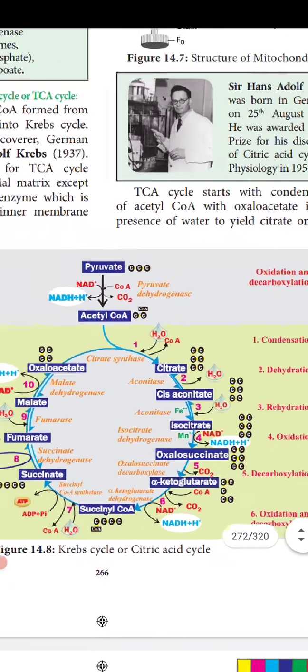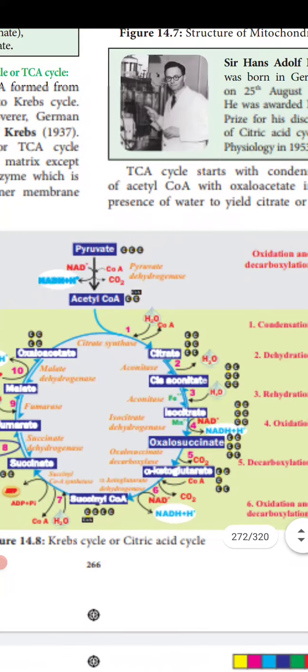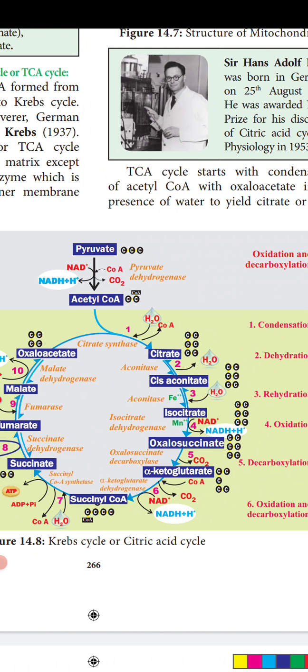Now here this is the flow chart of the Krebs cycle. As we have studied, on the top you can see the pyruvate. This pyruvate is formed by the breaking down of the glucose molecule. So one glucose molecule breaks and produces 2 molecules of pyruvate. This pyruvate will undergo decarboxylation and reduce NAD+ to NADH plus H plus and will form the acetyl coenzyme A. Next, this acetyl coenzyme A in the presence of the oxaloacetate will get converted into citrate.